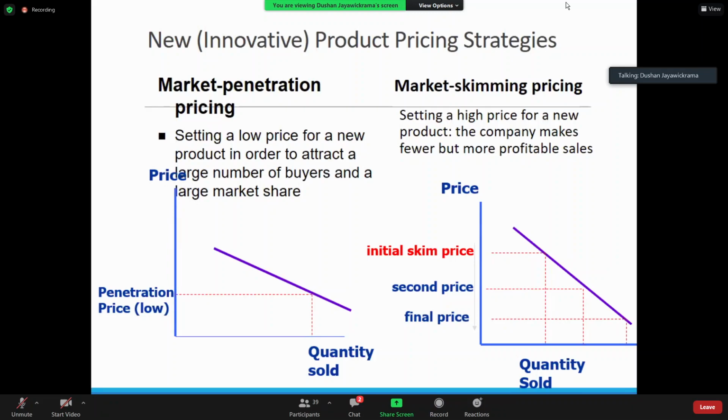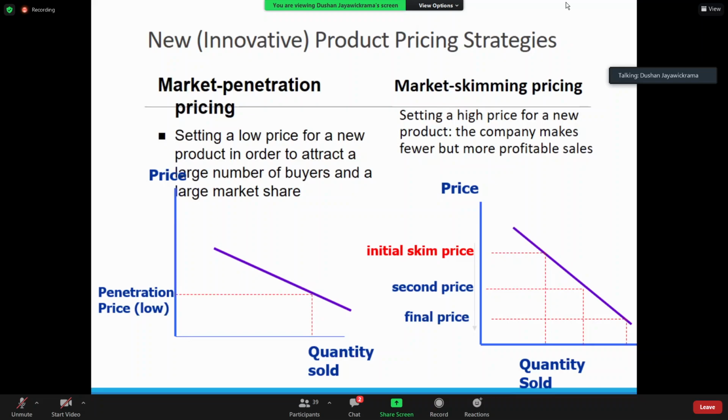Someone has asked a question: how do we do the value-based pricing? Cost-based pricing is easy. It's within the organization. Your cost accountants, management accountants can be requested to do a proper cost calculation and say this is our fixed cost, this is our variable cost, and if you want to break even, you will have to have this amount. If you make this amount, you will make this much profit. It's a very internal, convenient analysis.